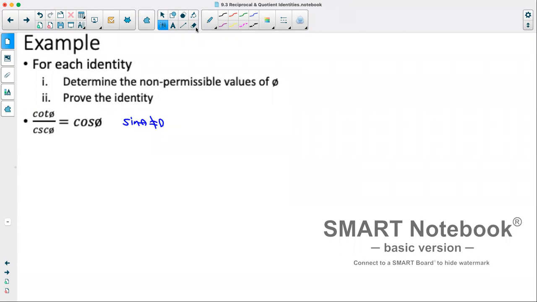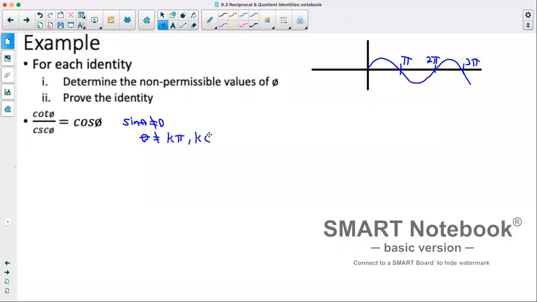So if you remember your graph of sine, which should look something like this, essentially it is at 0 at any multiple of pi. So therefore we can say theta cannot equal k times pi, where k is any integer. Now we'll prove this identity. So we have